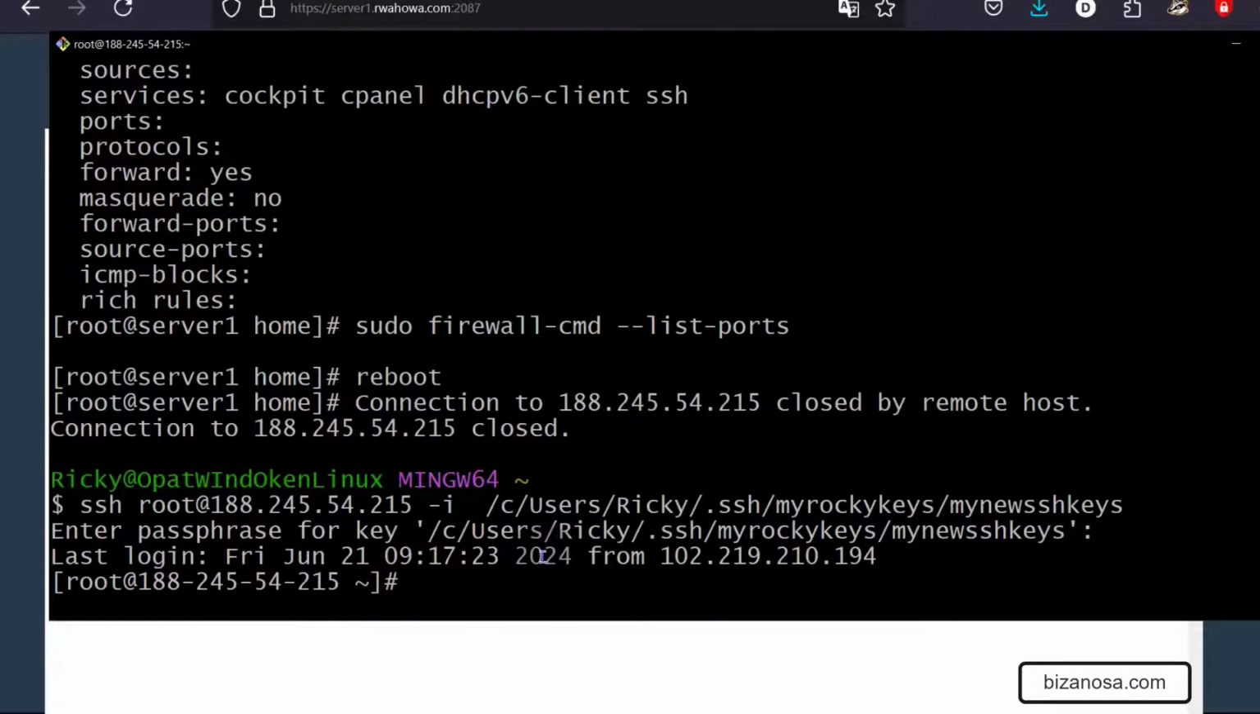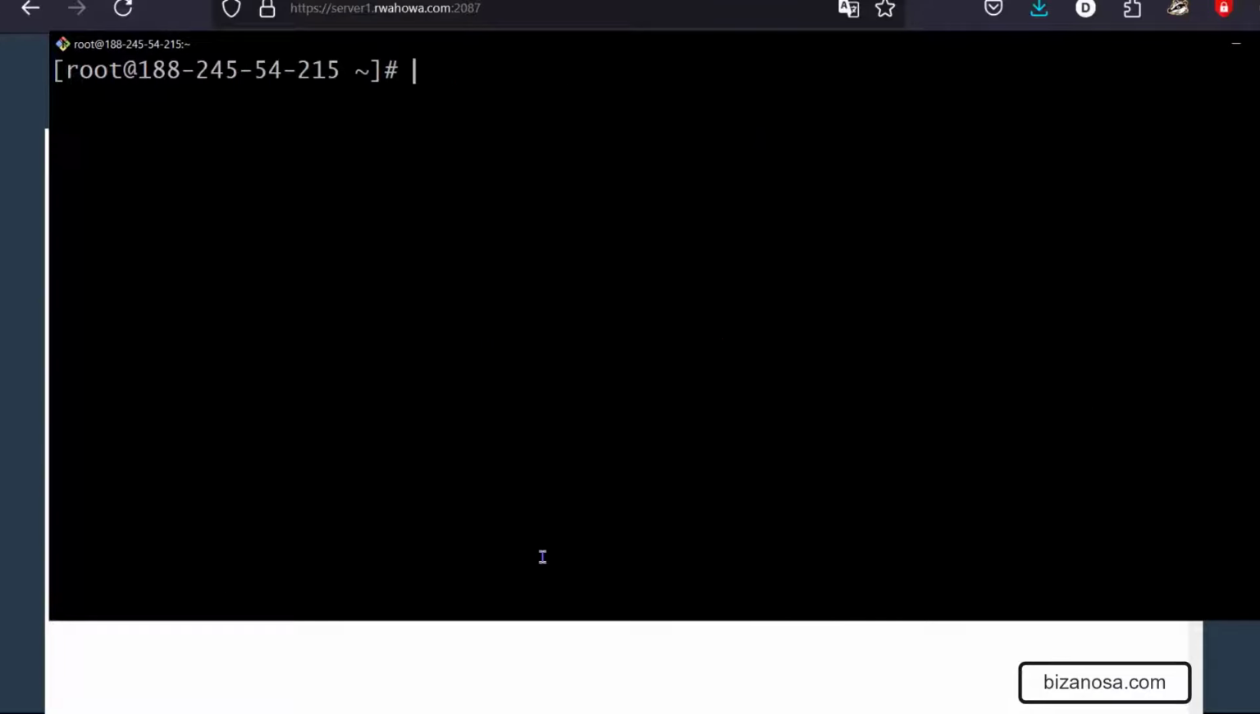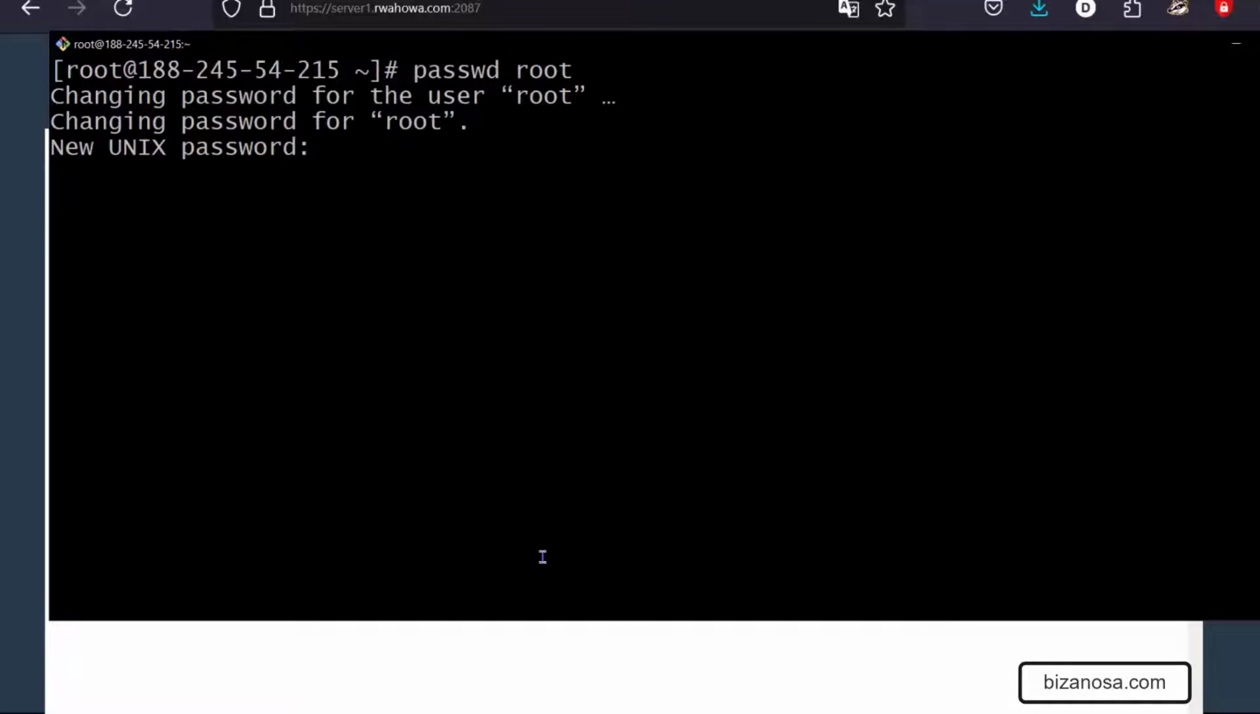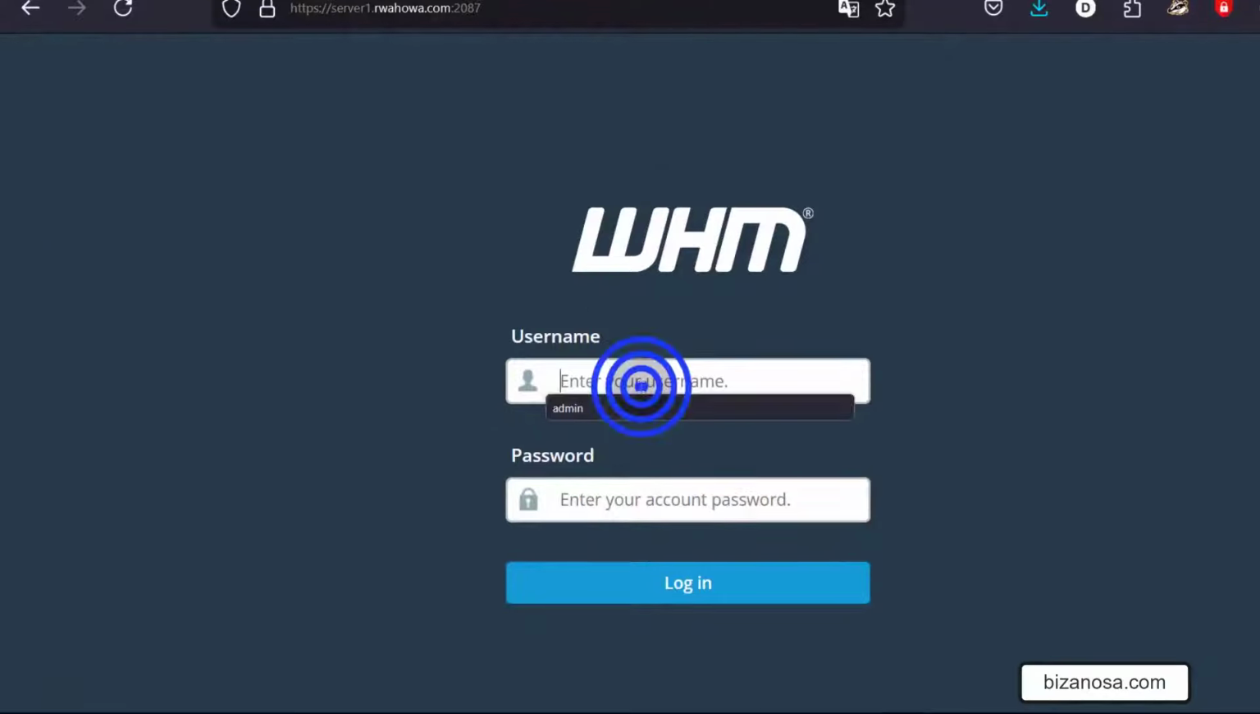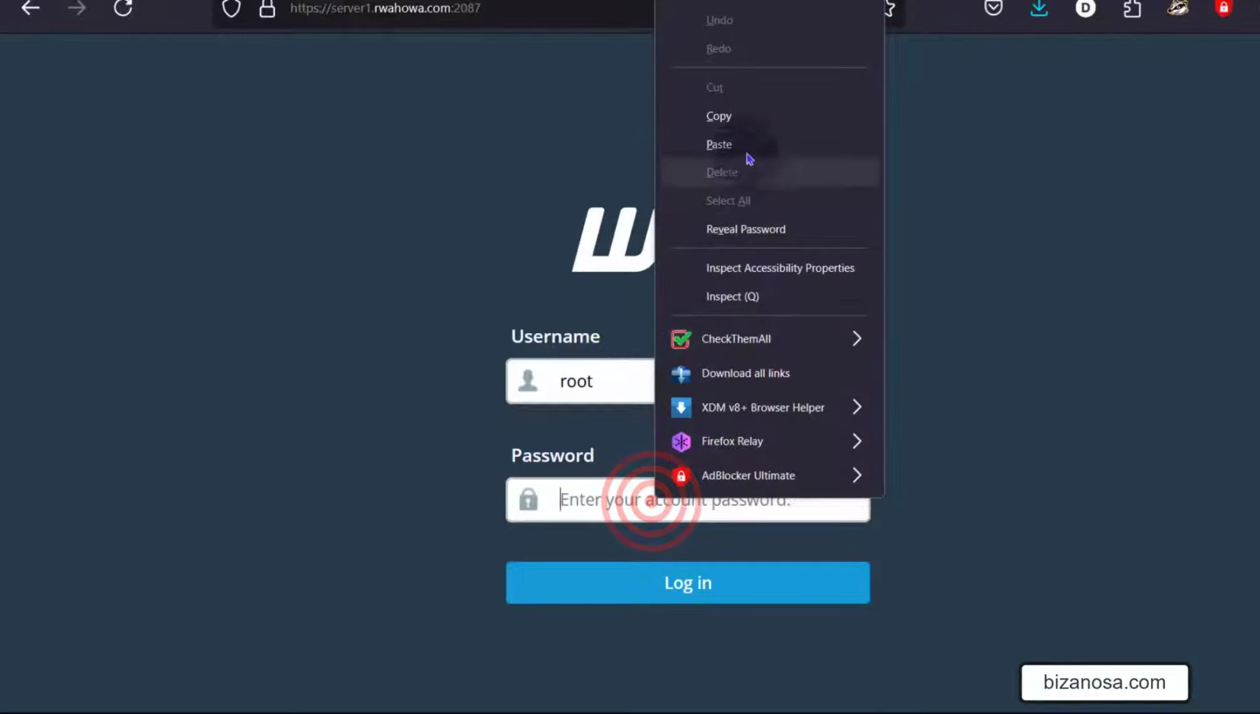I'll do Control L to clear the screen, and then I will do passwd root. This is used to change the password. passwd root, and it's asking for the new password. So since I'm on Git Bash, I'm just going to do Shift Insert to paste, enter, Shift Insert again to paste, enter, and the password has now been changed. So let's try to log in with that password on WHM. So if I do root, enter the password,